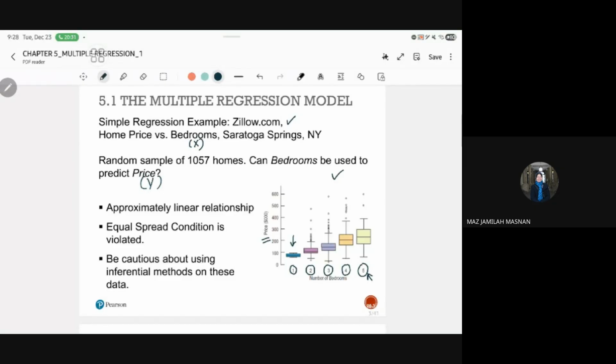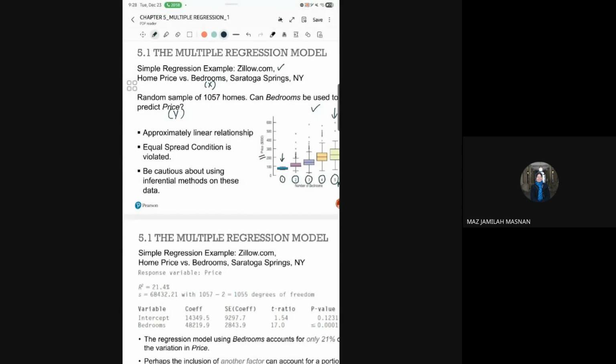For example, for five bedrooms, you can see that the price for this particular home is very widely spread. Among them, five bedrooms has more variability in terms of the prices. Can someone tell me why more bedrooms have